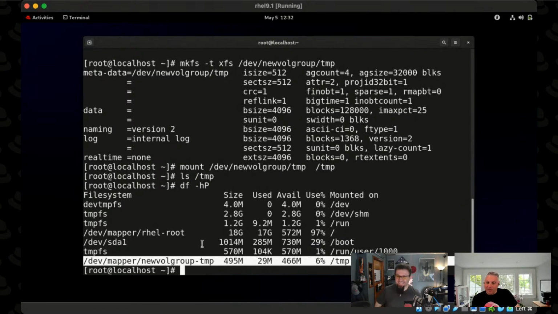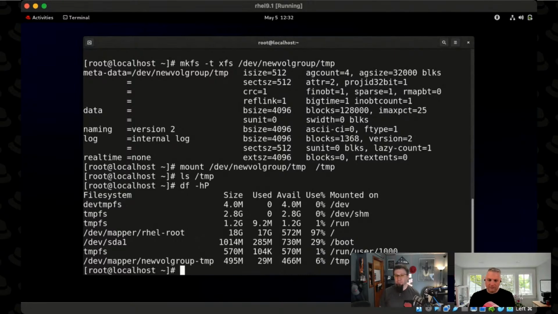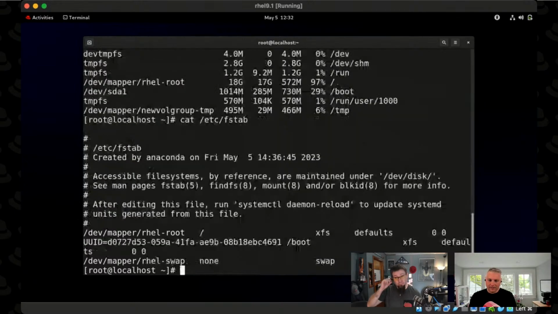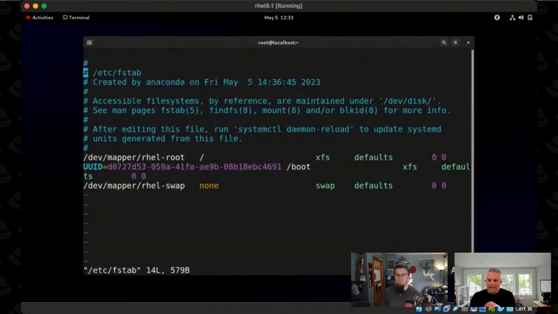Did not. But if I did want it mounted every time we boot the machine, I would want to add that to the /etc/fstab file as well, right? Right. So you can see that the RHEL swap is in there, and RHEL root is in there. So if I just add my last one,